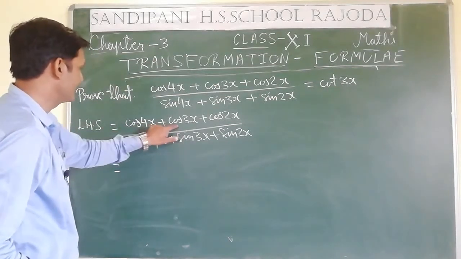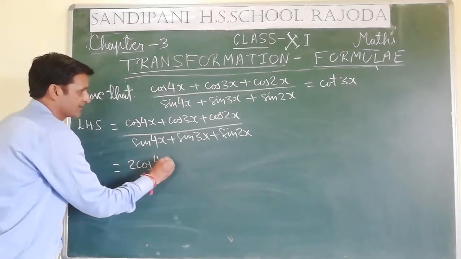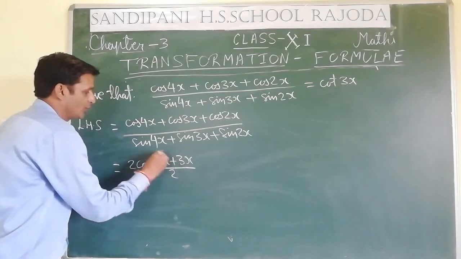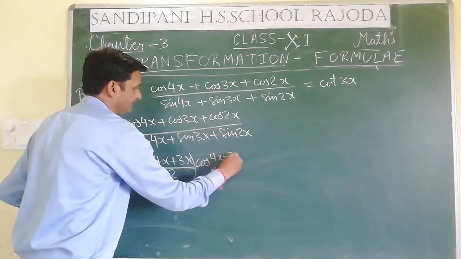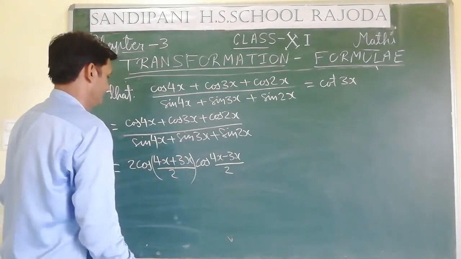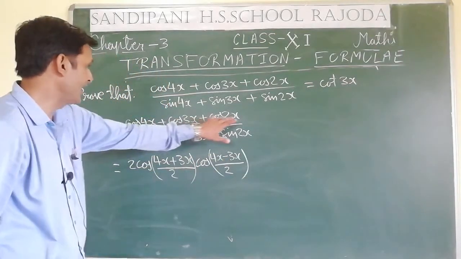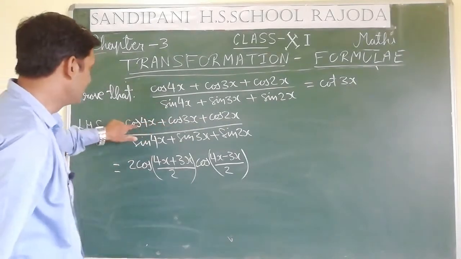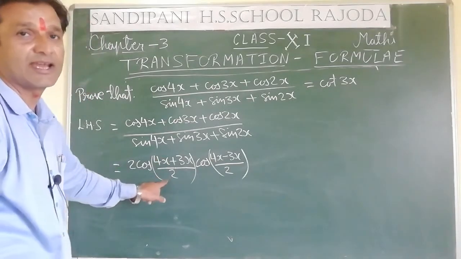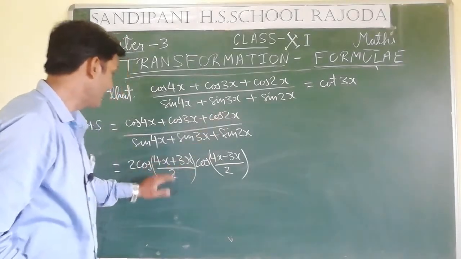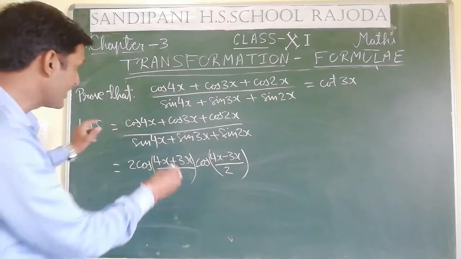Here the applicable formula is cos c plus cos d, so 2 cos (c plus d) by 2 cos (c minus d) by 2. But you may also apply it to 4x and 2x. Let me tell you one more thing, which is easy for you. If you take this part, then it will be 7x by 2, which is not an integer multiple. So 7x by 2, and here it is x by 2. So this question part will become complex. So you may consider this 4x.